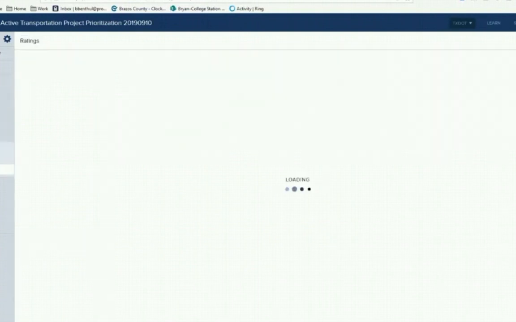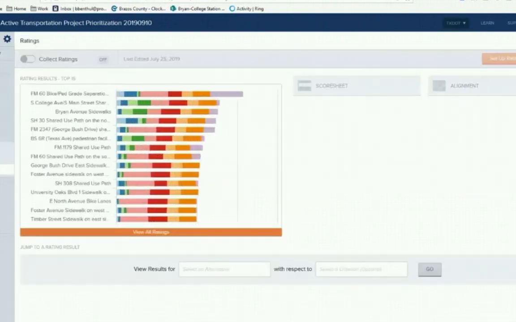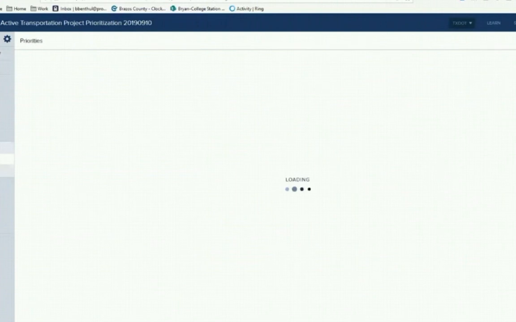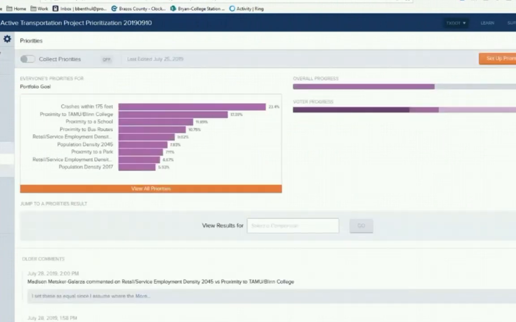And from there, we did the priorities exercise with our bicycle and pedestrian committee. I made sure, we're going to have this meeting in a week, and you need to make sure you have some kind of a smartphone or a smart device because we're going to be doing this exercise. They showed up, and as soon as we called the meeting to order, I sent the email to them, and they spent about the next 30 minutes doing all the pairwise comparisons and watching it update here on the screen